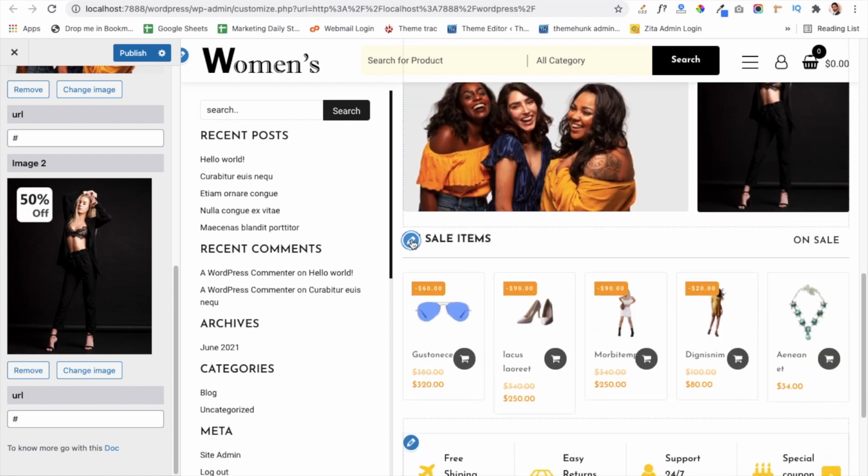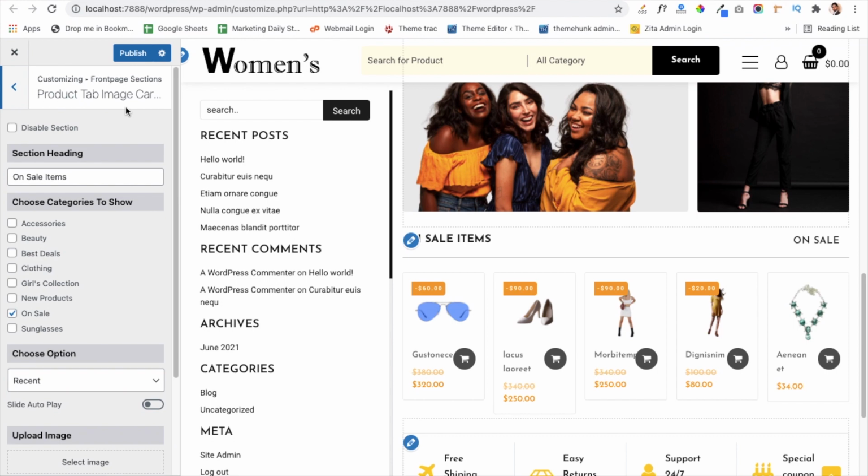Now another section is the product tab image carousel section. In this section you will get an option to show multiple categories in the form of tabs. It means that you can select multiple categories, such as I have already selected the on sale category here.